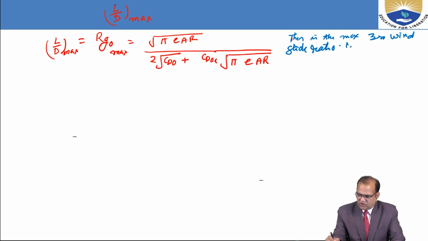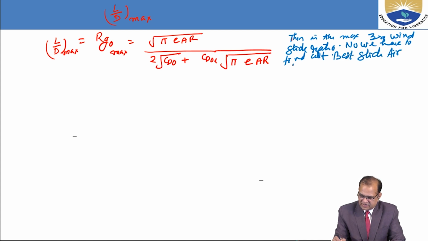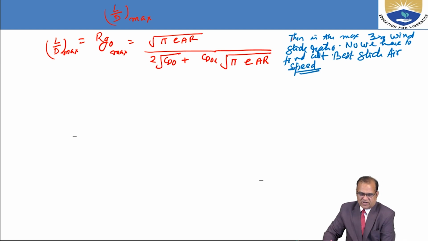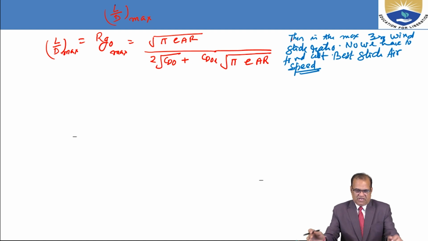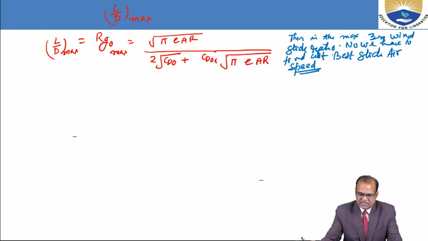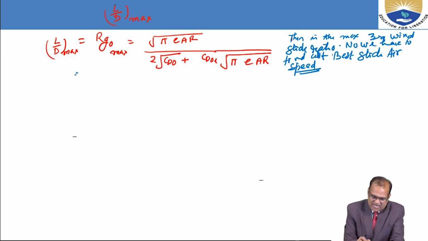Now we have to find out the best glide air speed. So now we will work for the best glide speed, and we know already that CL is